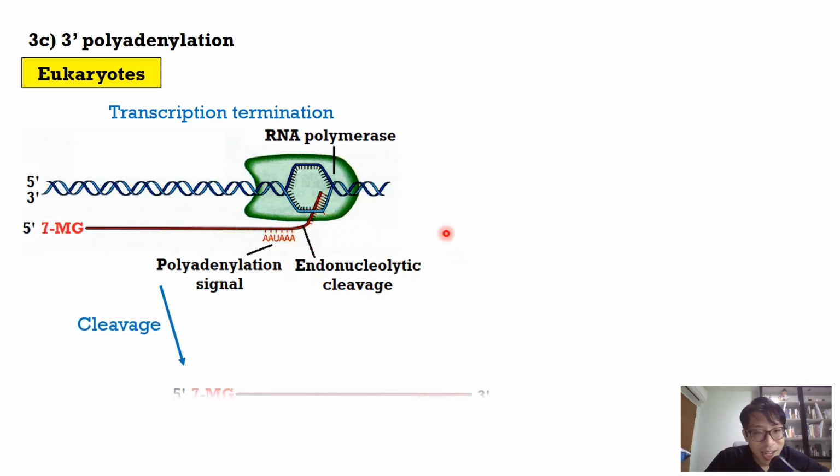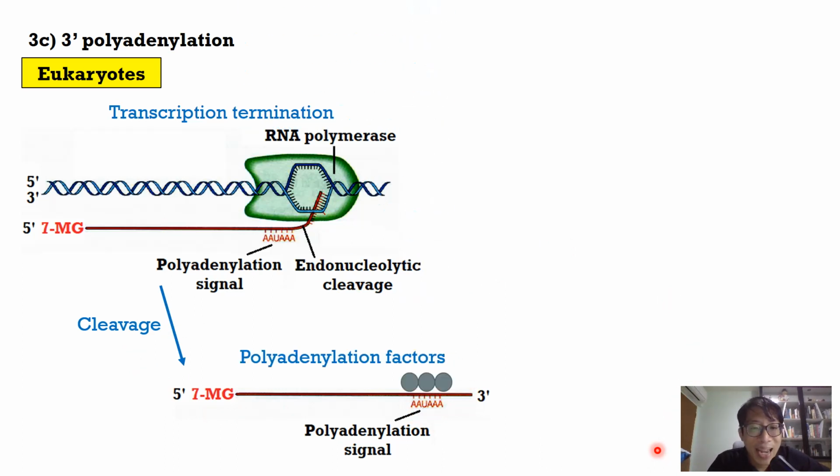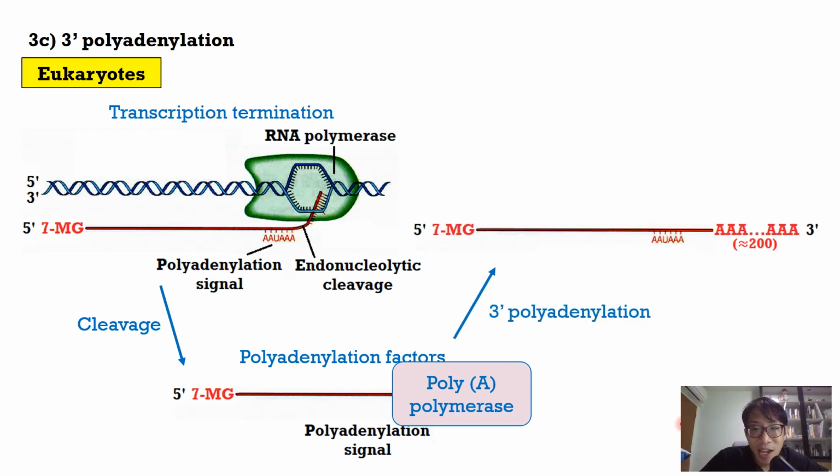The polyadenylation signal also goes on to allow the binding of other proteins known as polyadenylation factors. These factors would then recruit the enzyme poly-A polymerase, which would catalyze the synthesis of the poly-A tail, which is a very long chain of